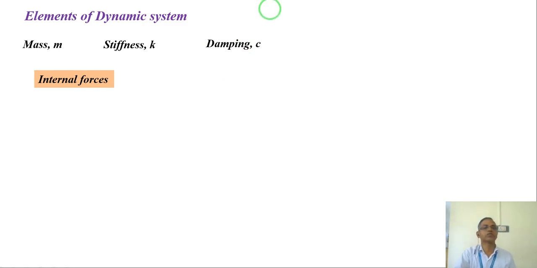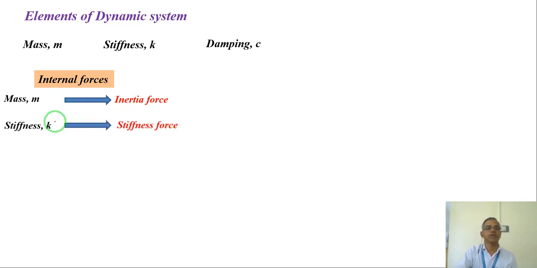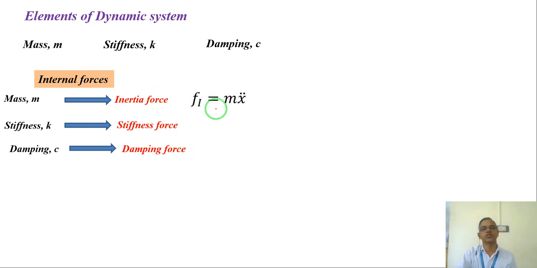The internal force in the dynamic system produced by the mass is called inertia force. Next, the stiffness force produced by the spring K, right? Then the damping dashpot produces the damping force,